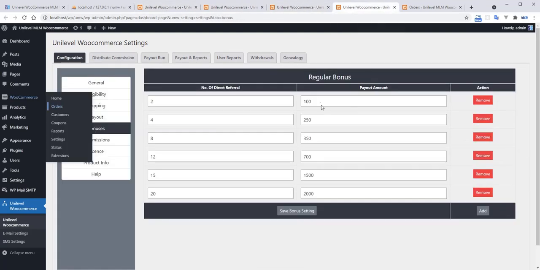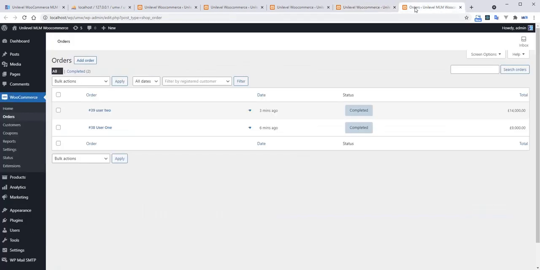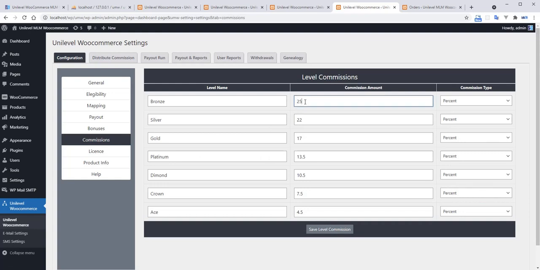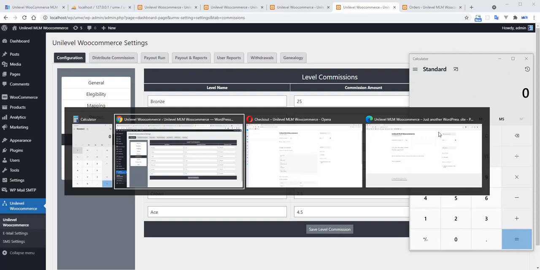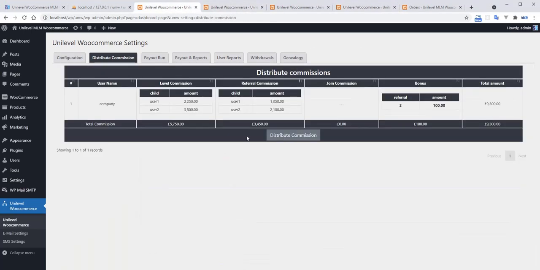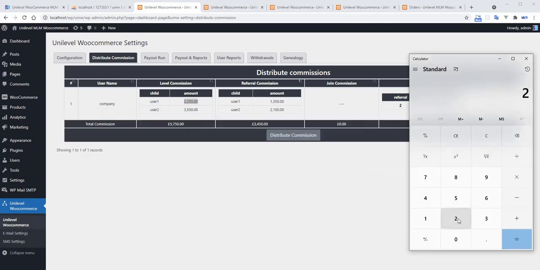For the level commission, that 9,000, just a minute, 25% of this one. Okay. So if we will consider the 25%, this one, 2250 into 4, this is the 9,000.